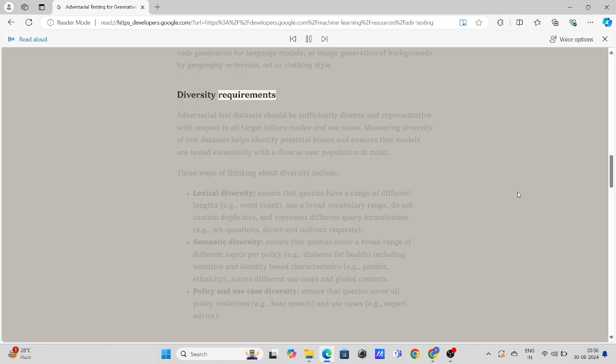Diversity requirements. Adversarial test datasets should be sufficiently diverse and representative with respect to all target failure modes and use cases. Measuring diversity of test datasets helps identify potential biases and ensures that models are tested extensively with a diverse user population in mind. Three ways of thinking about diversity include